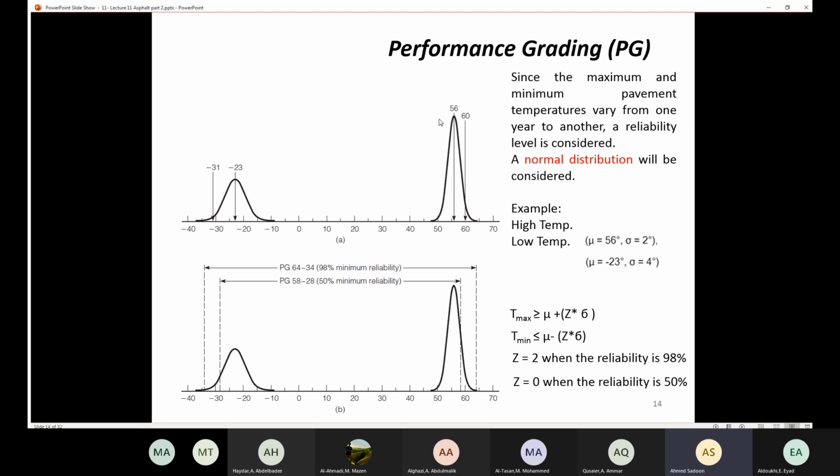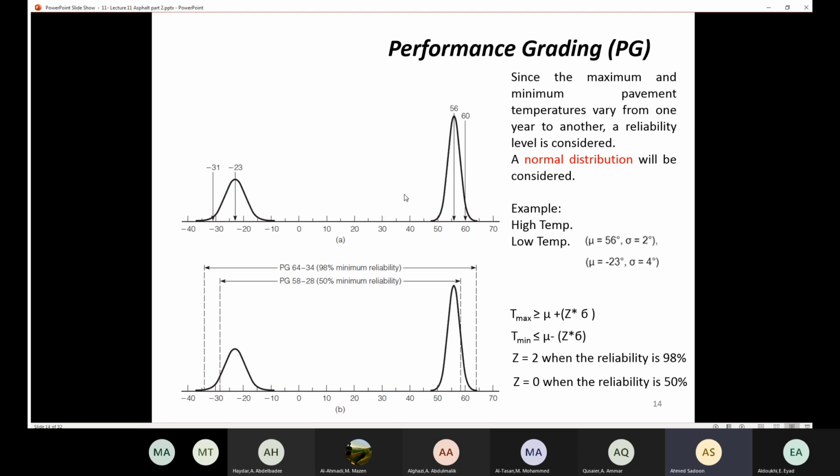So I'm going to represent this as a normal distribution. So a normal distribution is going to be considered for the maximum values and also for the minimum values. So I'm gonna determine the mean and the standard deviation for this, assuming that I have a normal distribution. Similarly, for the low values or the minimum values, I'm going to represent this by a normal distribution. I'm going to determine the mean. I'm going to determine the standard deviation. So let's see an example here. Assume that